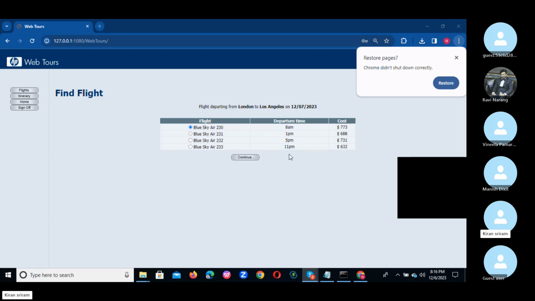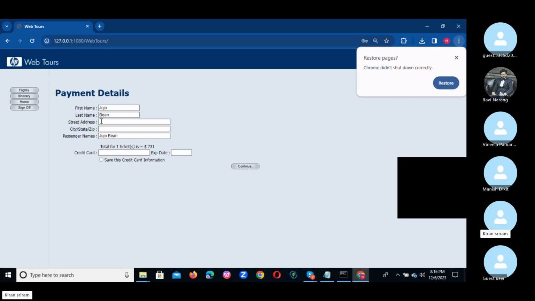These are all the available flights, this is the time of the flights, and this is the cost. Depending on your availability, the cost, and the time, you can select any one of the flights. Okay, and click on this, and after that you need to provide the payment details like first name, last